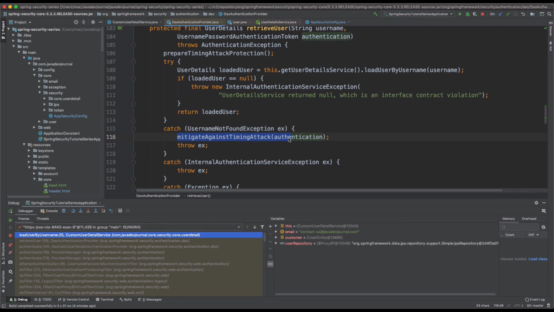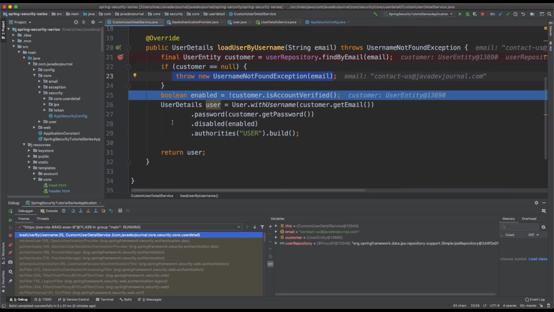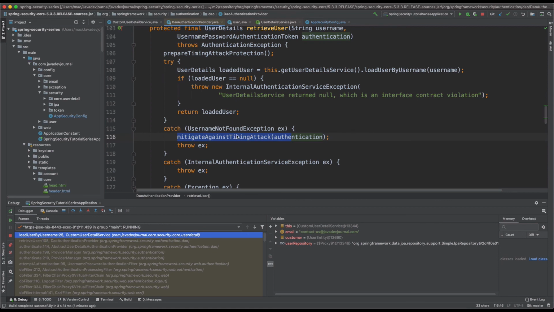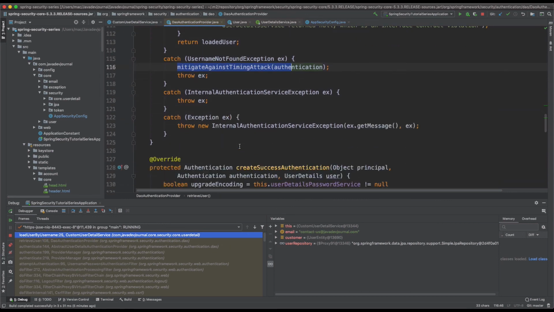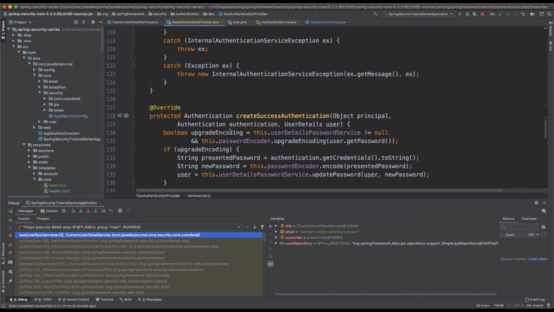So this is an overall idea about how the user detail service works, though it's not very visible when you work on Spring Security. But remember that the entire authentication mechanism is dependent on this user detail service, and make sure that you understand it and what the different mechanisms and different things are that you can do in this user detail service, right? In the next chapter, I'm going to talk about this user detail object, because this is an interesting thing. Ultimately, once the authentication happens, this will be stored into the authentication. So let me show you.